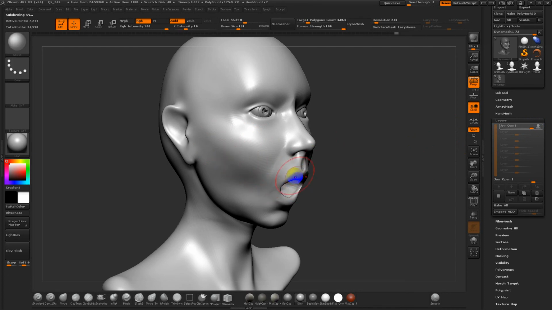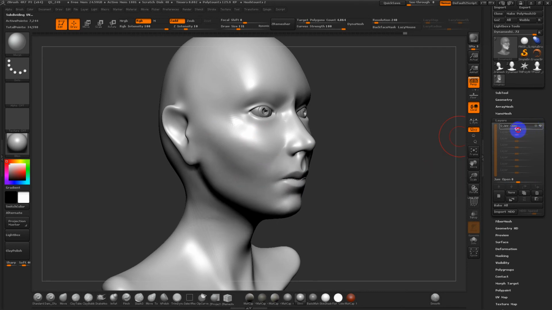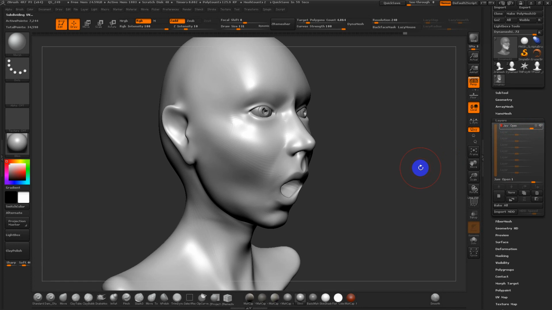Okay, so it's not so crazy and extreme and deforming. Right, there's a bit more of a natural positioning happening there. Yeah. What's the use again of the morph brush? Well, the morph brush kind of creates a snapshot of the model in one state, and when you use the